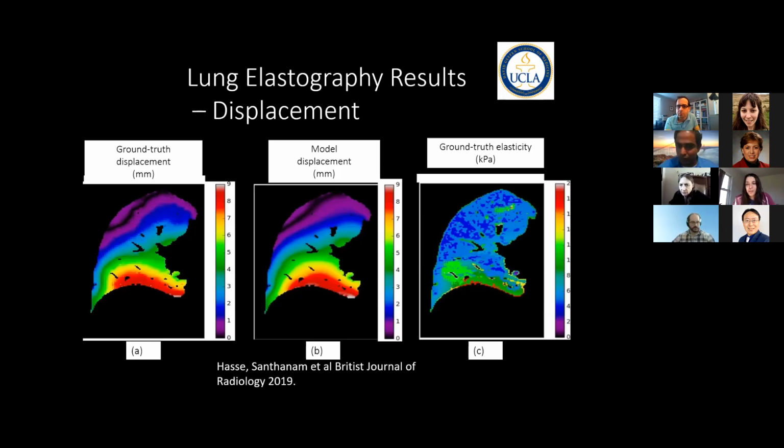I have two quick questions. The first one is just following up the previous question for lung elastography. Has any work been done for noise and error modeling? Because as I know, in this kind of approach, the Gauss-Newton-based approach, noise is a very challenging issue. I'd like to know how you